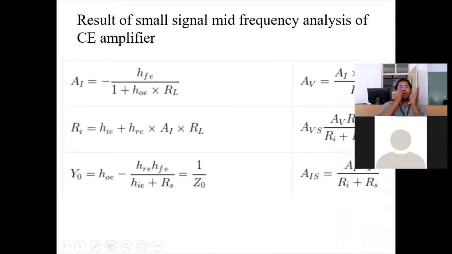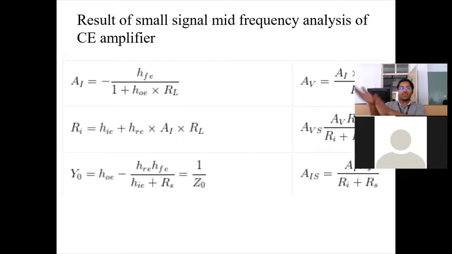Just understand the process. It is very important, because in the exam, at the engineering level, they will try to twist the question as much as possible. So you should be thorough in the process. Instead of the circuit we are analyzing in class, they may give a new circuit. So how will you go about it?